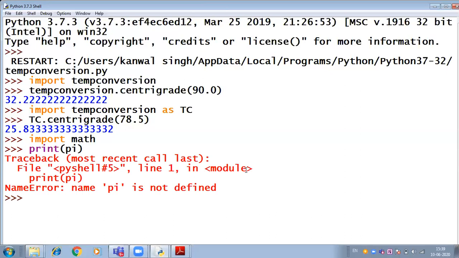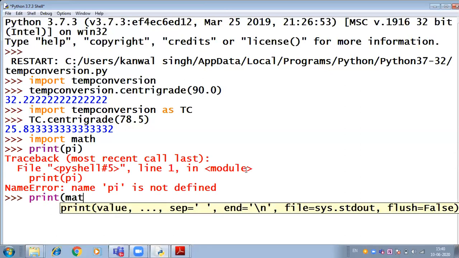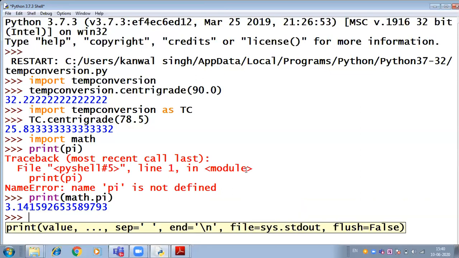So for that, let us do one thing. Here you write print math.pi. What you have to use? Print math.pi, right? You'll get its value, that is 3.14 and so on, right? So this is the way through which we can use any function which is defined inside any module, right?